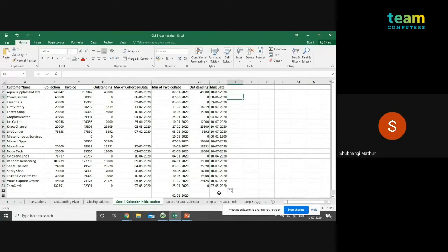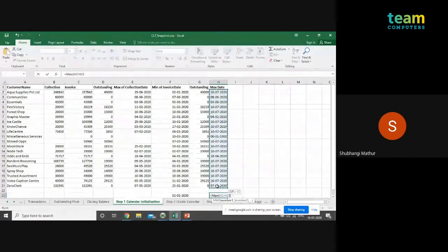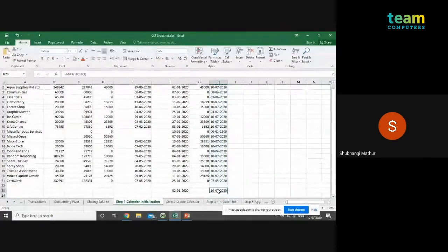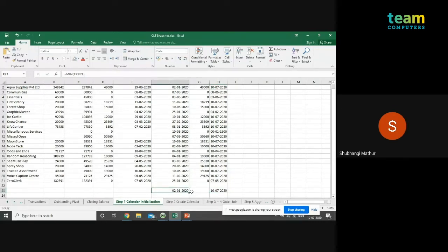Okay, and using this, I can compute my maximum date, which is coming up to be today, basically. So these two here will give us the from date, which is 2nd Jan, and the to date, which is today, right? And because we're doing monthly data, I'm going to use month ends. So 31st Jan and 31st July, right? So now that we know our maximum and minimum date, we can start creating a calendar using